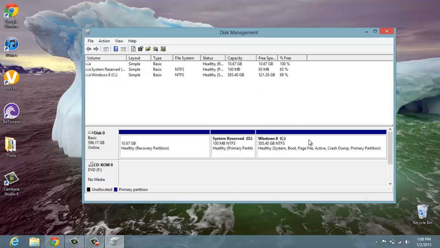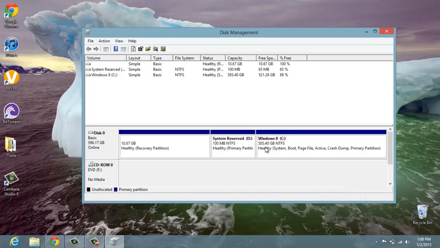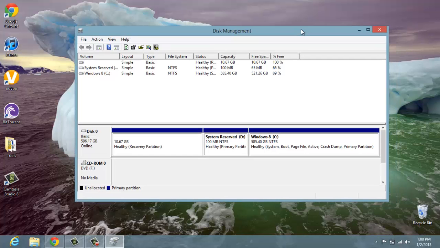Once you have deleted the volume where your Windows 7 is installed, you're going to have a bunch of unallocated space. To use it, you press Windows 8, and then you can extend the volume to however many gigabytes you want. So now I have 585 gigabytes on Windows 8. Which is good. And then you think you'll be done, but no, do not reboot. Why not reboot? Because,